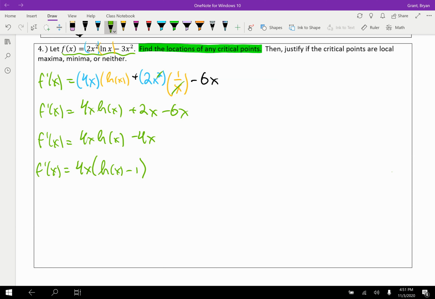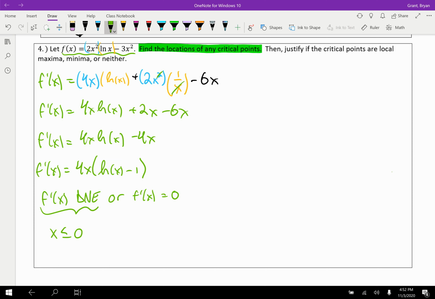Normally we start with where f prime of x equals 0. I'm actually going to start with the does not exist piece, and then we can get back to where f prime of x equals 0. The reason I'm doing the does not exist is because we're dealing with natural log here, and we need to remember with any log, you can never take the log of 0 or negative values. So f prime of x is going to not exist for any x that's less than or equal to 0,